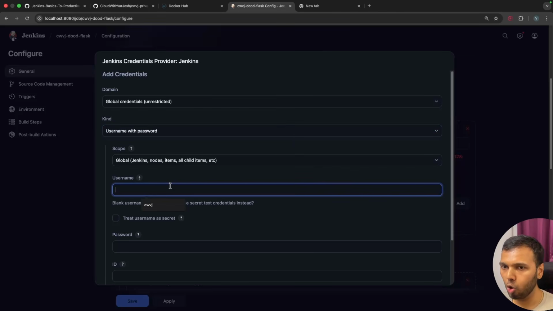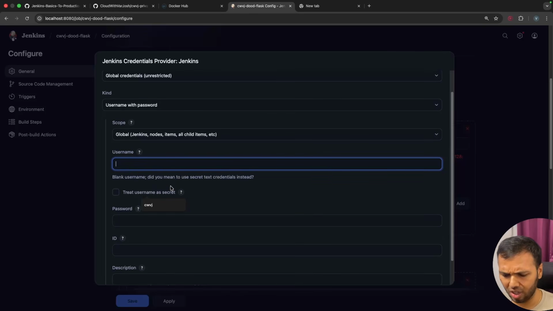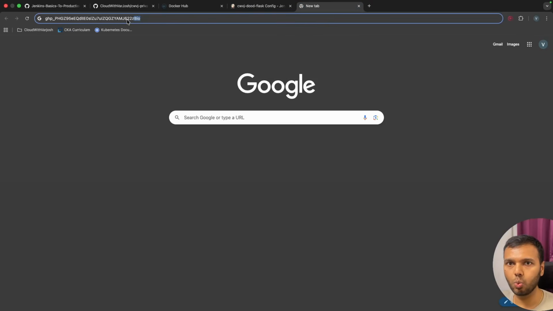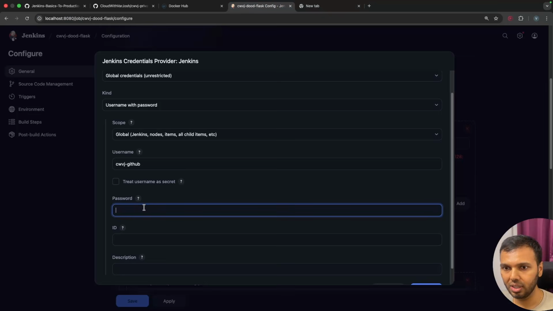Username is not something we have right now. We do have, but we are using PAT, personal access tokens, to access our private repository. So we can provide any username. This will be used as a dummy. So for this, I will just write CWVJ GitHub so that I know that I created this username for GitHub. Then I will go to password, and in the password section is where I have to provide this token. So I will provide this token here,